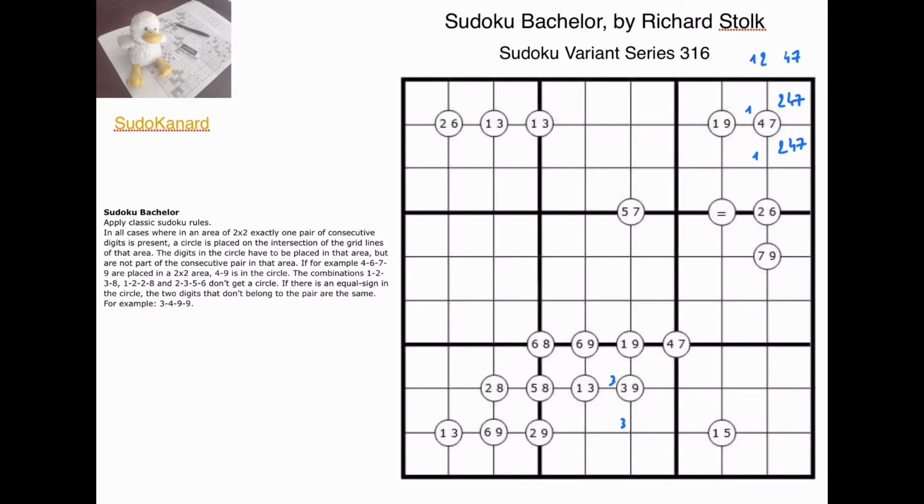There has to be a 9 somewhere here, and 2 consecutive digits, but with 1 and 9, that's the case where the choice is the largest. So 1 and 3 here, and 1 and 3 there, and we know that the remaining 2 digits must be consecutive,